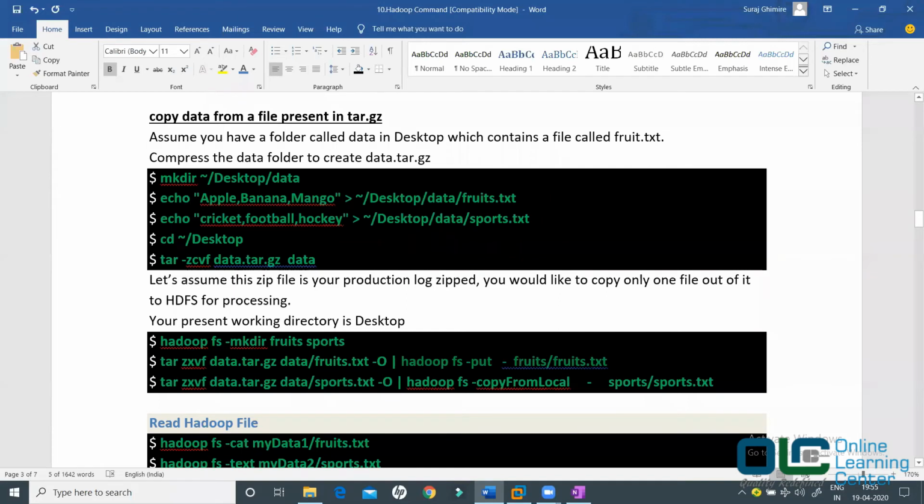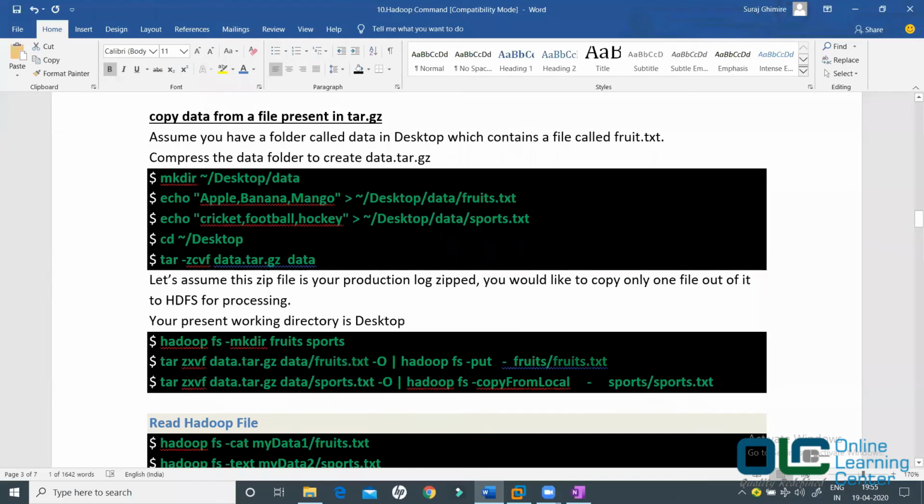So if you see this path, this path is your local path and this path is your HDFS path, which means I want to upload something under fruits inside the fruits.txt file. Now what is it that you're going to upload? You are saying I will untar my tar.gz, I'll read the fruits.txt file. The content of the fruits.txt file should be written inside this.